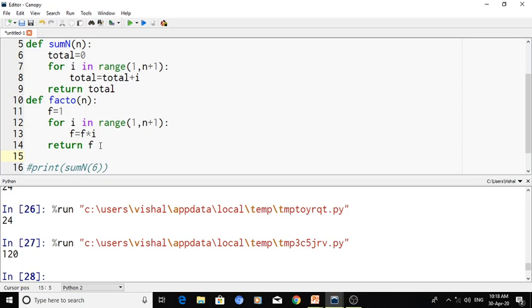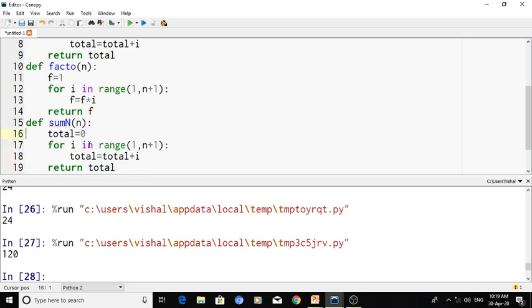Next program, for printing the pattern. Pattern or triangle also we can write. Triangle. Now here I do not need this variable for calculation.